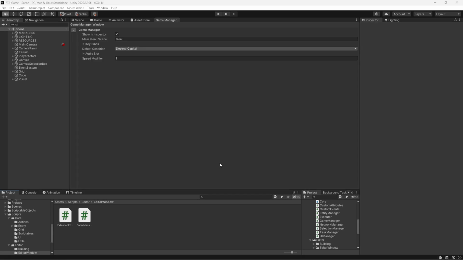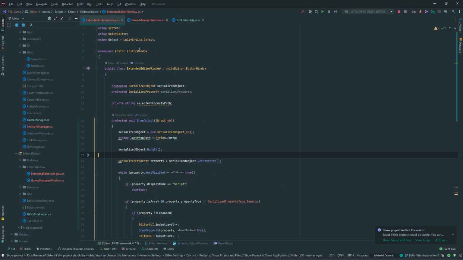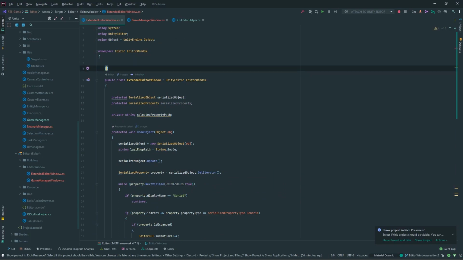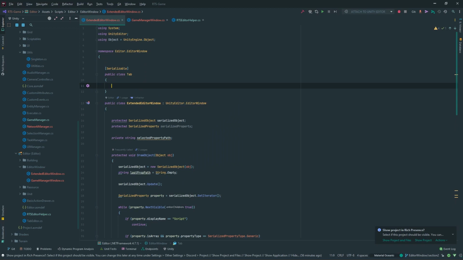So we need a scriptable object to manage our scriptable objects in Unity, basically. First of all, before that, we're going to the extended window editor, and here we have a serializable class, public class, and then name it tabs or tab. And inside that, we need